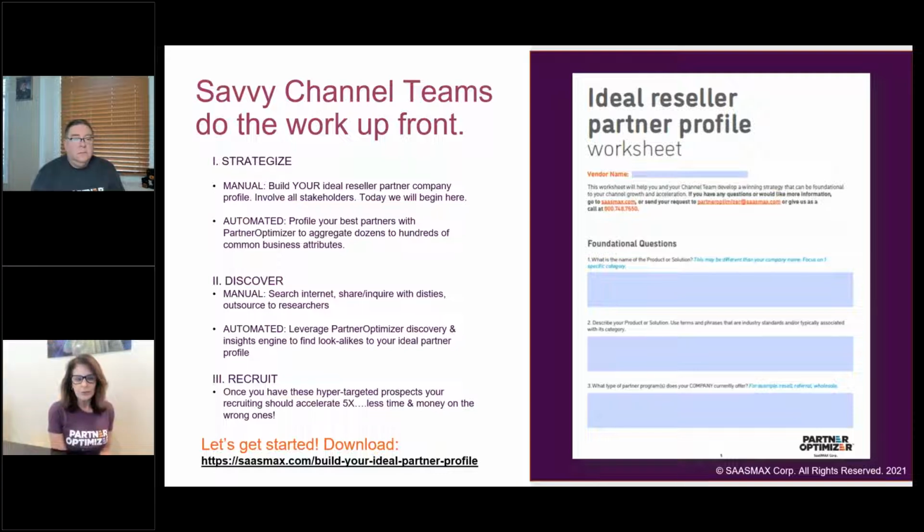So when you start out and strategize around building your ideal partner profile, you start by using a worksheet like the one that we have, unless you have something else, which we encourage you to as well. Ours, as you'll see, will be a little more customized based upon the concept of being able to take this and then automate it so that you can use systems like ours that can really go in hyper speed to really bring forward data-driven ideal partner profile business attributes that you may not otherwise get access to.